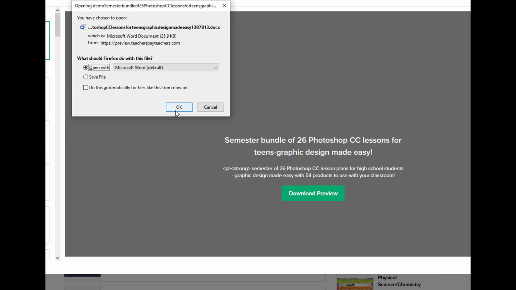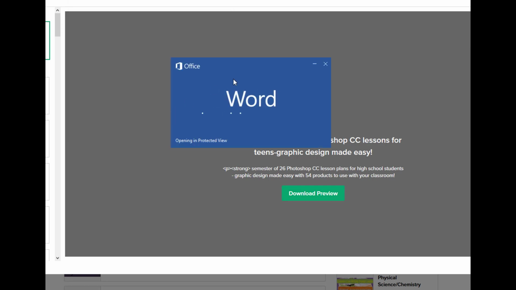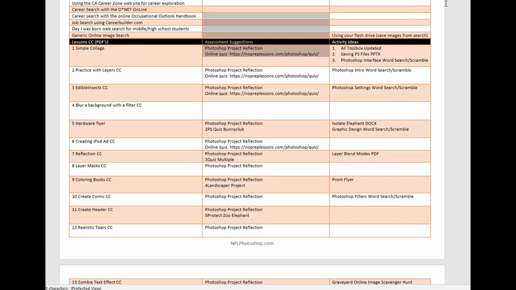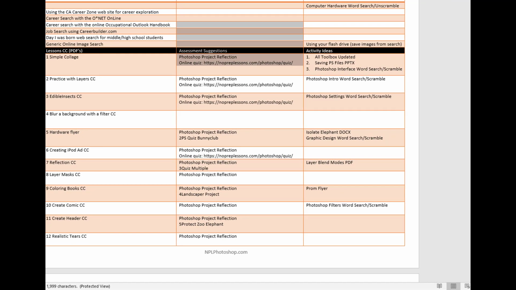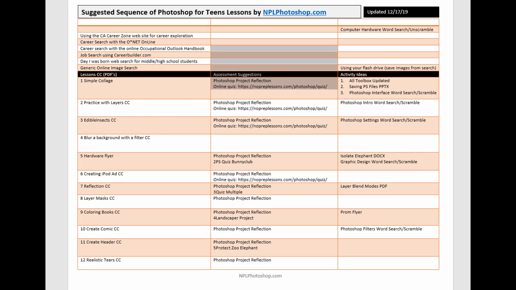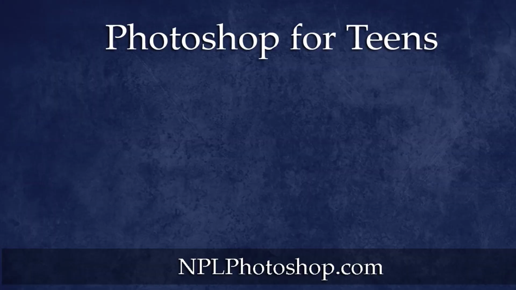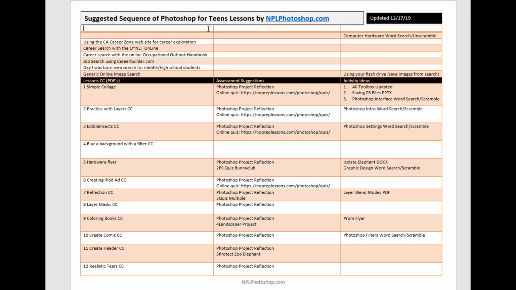And you're going to open a Microsoft Word file. Let me put it on the screen here. And this was updated on December 17th because every time I add a resource or sometimes I remove resources, I update this document. And what you should notice here is the first ones are